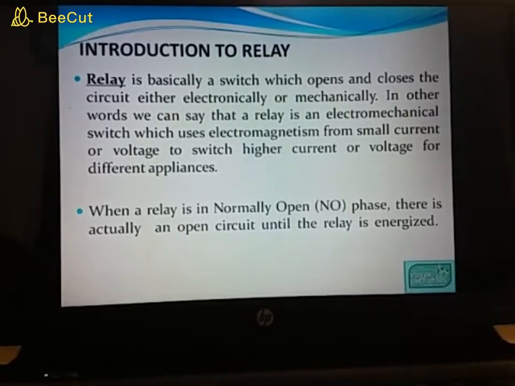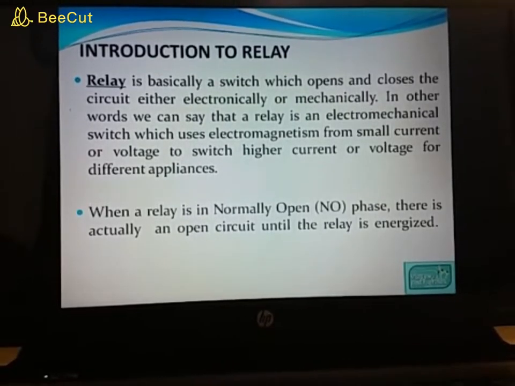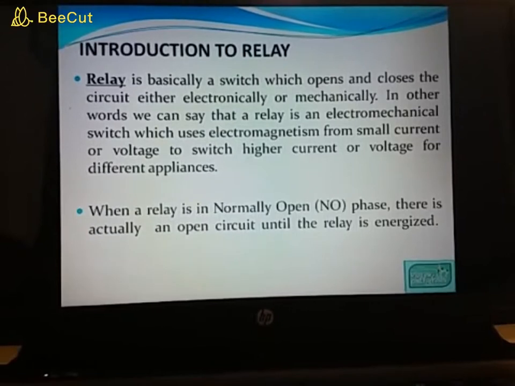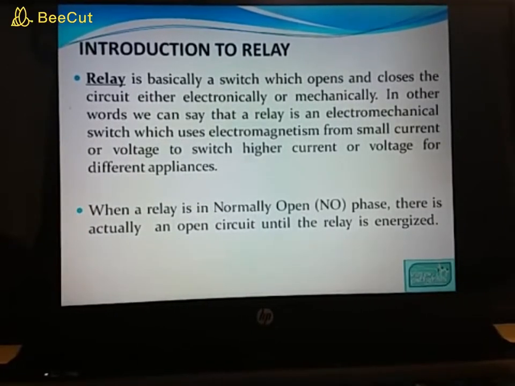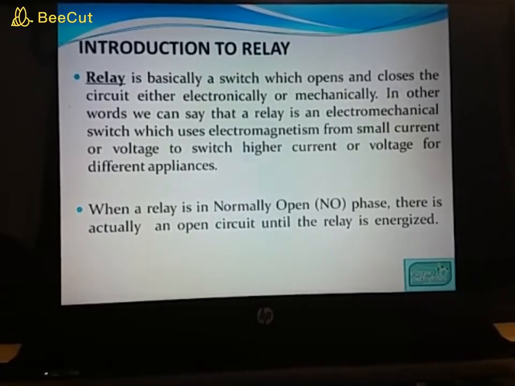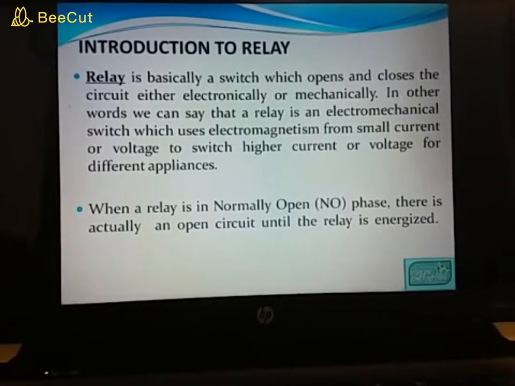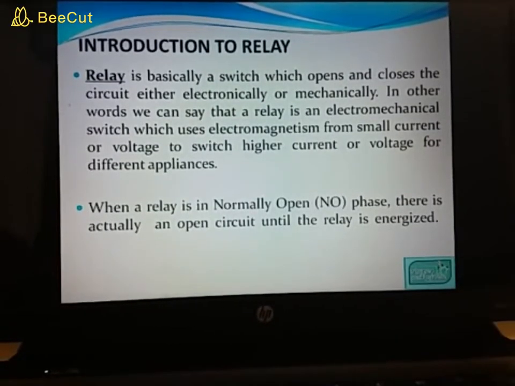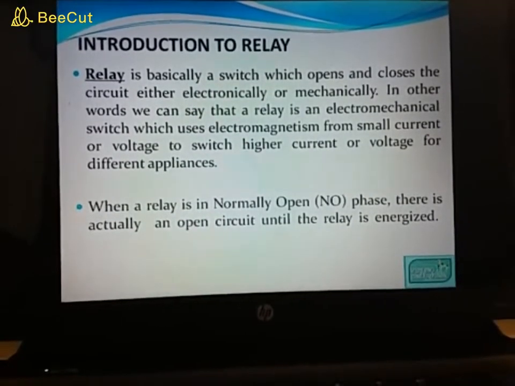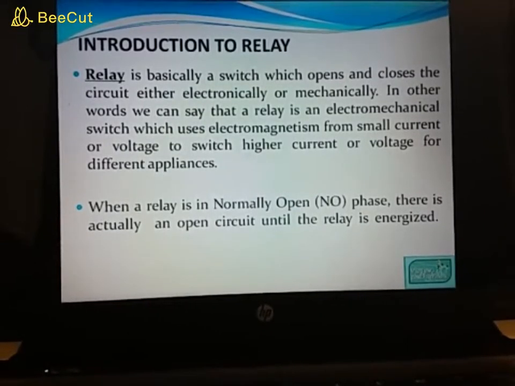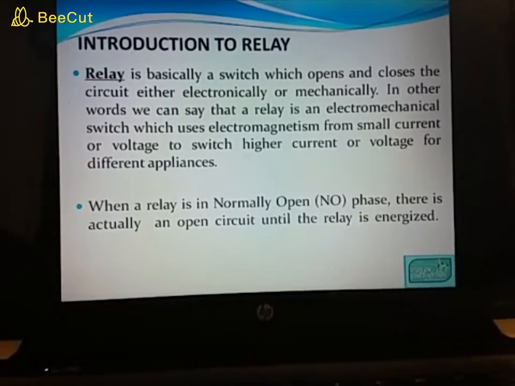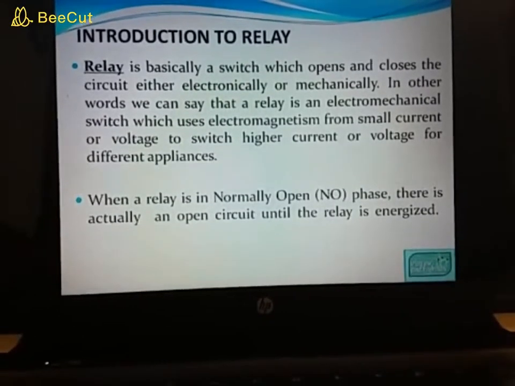We use electromagnetism for switching the current, from a small current to a high current. The relay is in the normally open phase. There is actually an open circuit until the relay is energized, until that electromagnet gets activated.